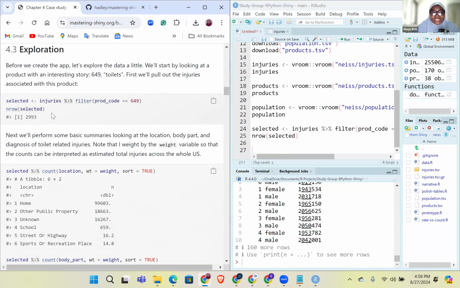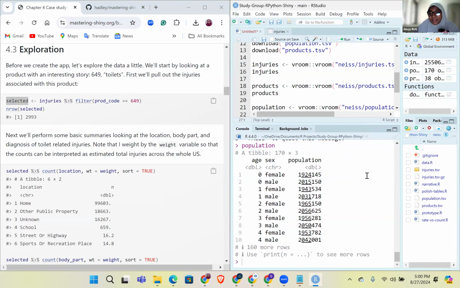So what this code is doing is that we are trying to filter out those injuries. We are interested, okay, in looking at a product with an interesting story. That's 649. That's for toilets. We're going to filter out all the injuries that have this code. And if we look at what has been saved here in the selected data frame or table, we're going to see that we have 2,993 rows. So that is what is going to display in our